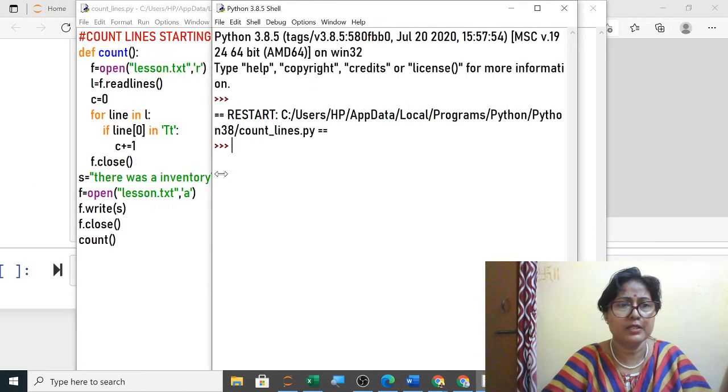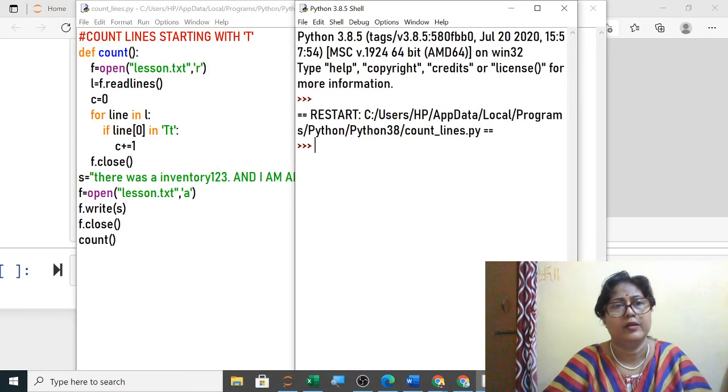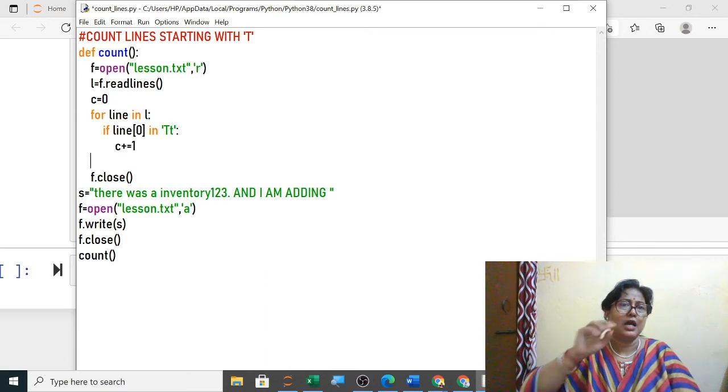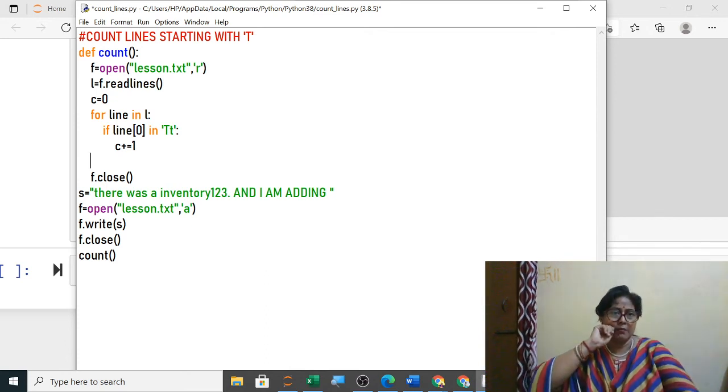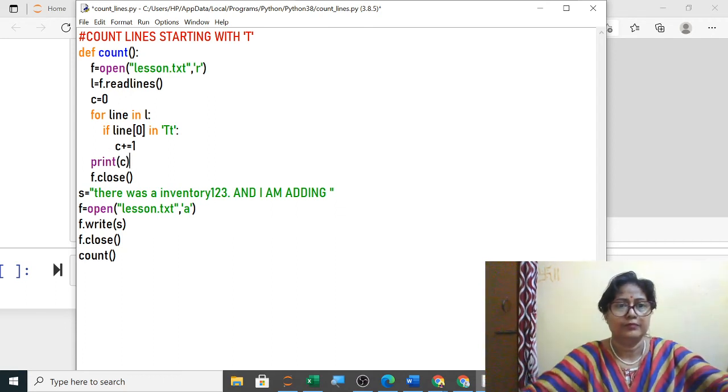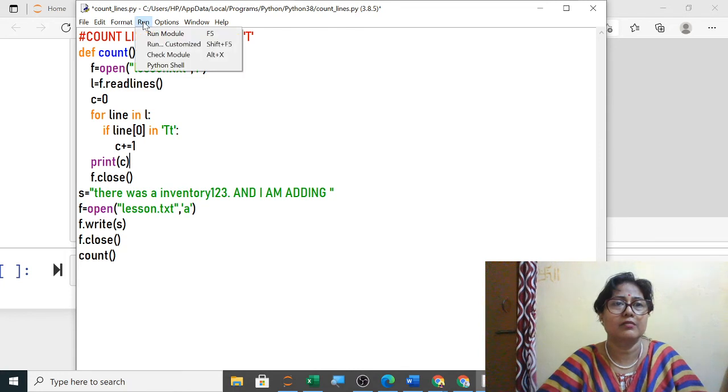I haven't used print C. Okay, I haven't used print C in this, so it was my mistake only. I should use the command print C, otherwise it will not show how many lines are there, the total number of lines starting with T.